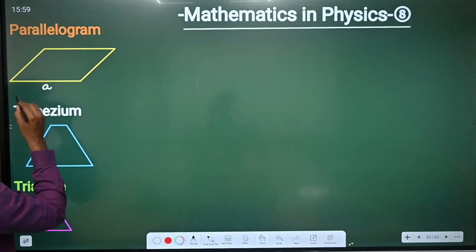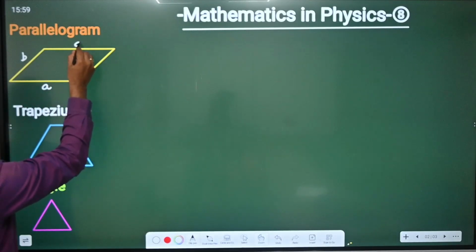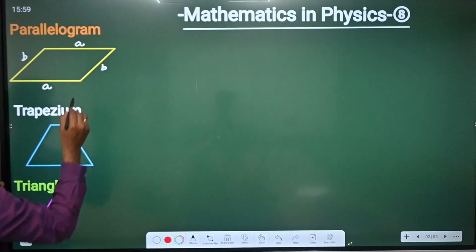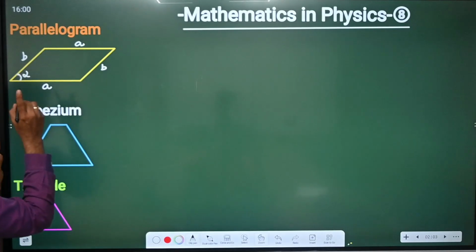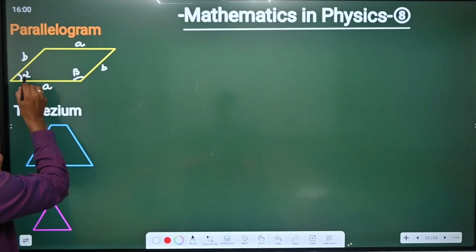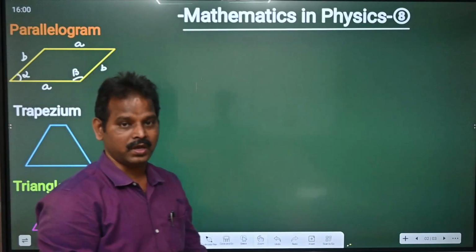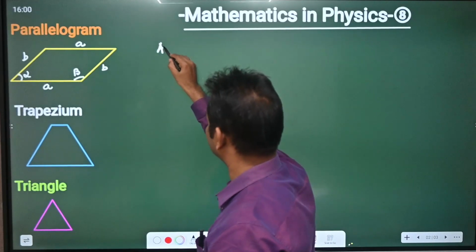This side we will take it as A, and one more side is B. Opposite sides are equal, but this angle is not 90. One angle is less than 90, the other one is greater than 90. That is acute and obtuse angles. So to find out the area of parallelogram,